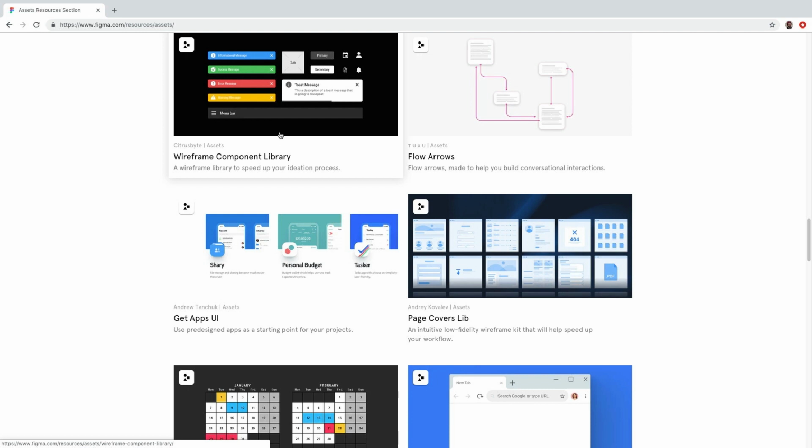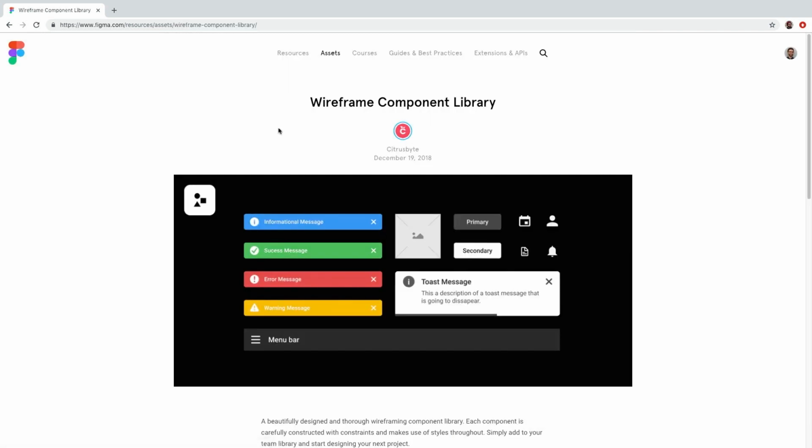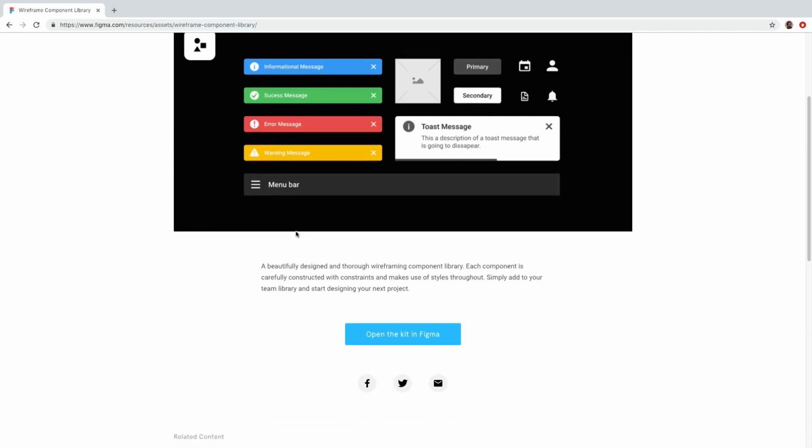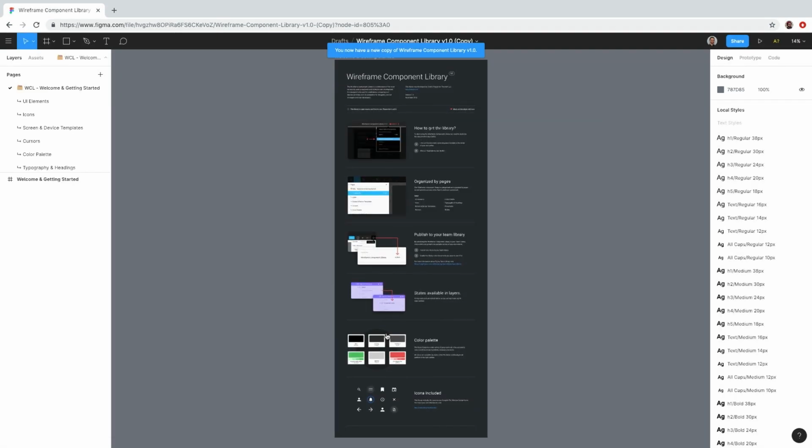This is a low-fidelity wireframing kit that gives us all of the components we need without all of the detail and beauty that's going to come with later stage design. Using this is as simple as clicking and opening the kit in Figma. This copies the wireframe library kit into your Figma environment and gives you the ability to do one of two